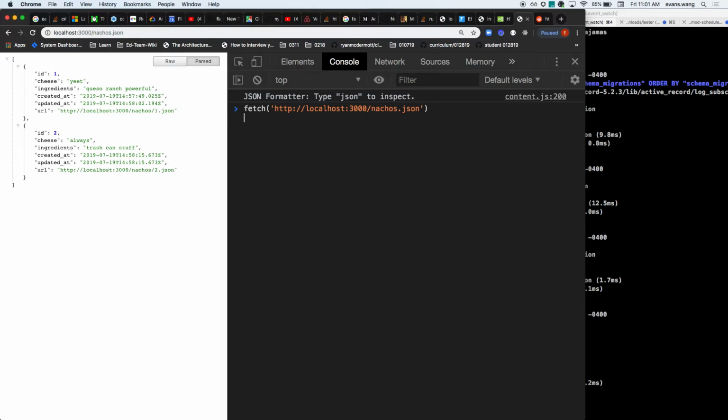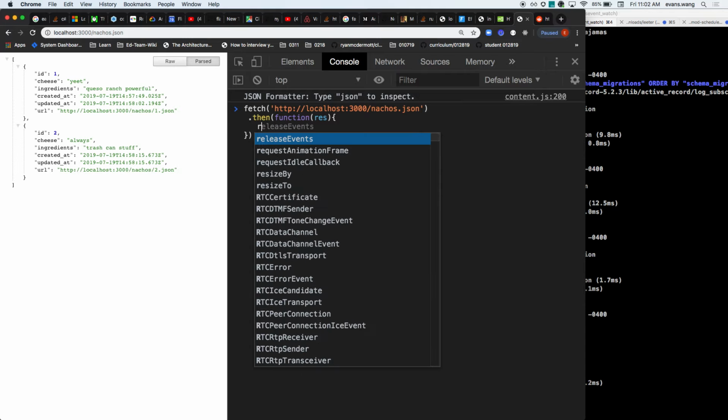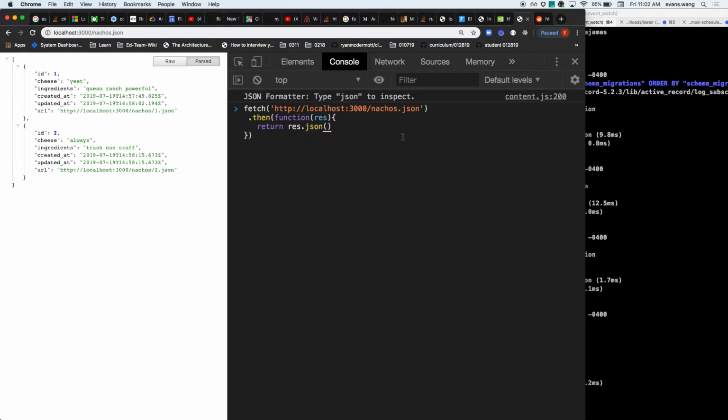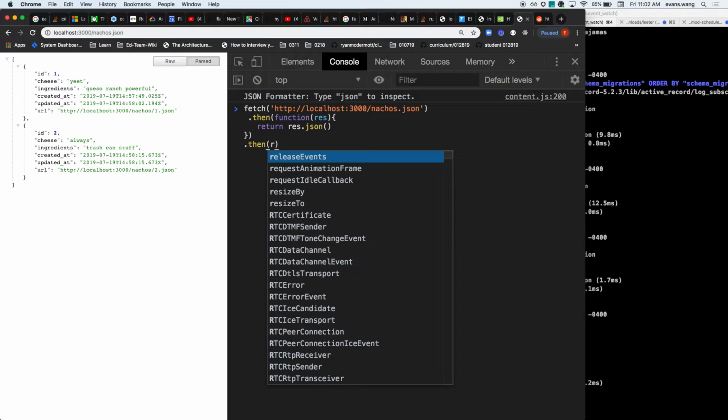And then as we know, we can chain on then methods. If we want to write that arrow syntax, we can. If you're comfortable with it, I'm going to use the function keyword. So function, and it's going to receive the response. So from here, all I'm going to do is take the response and return it, rather, response.json. I'm then going to add another function,